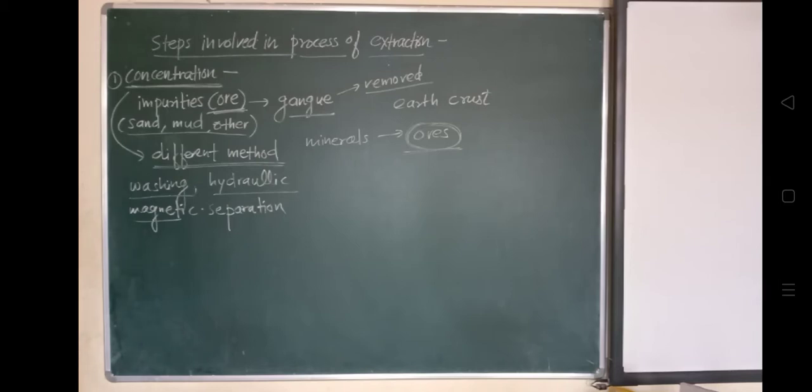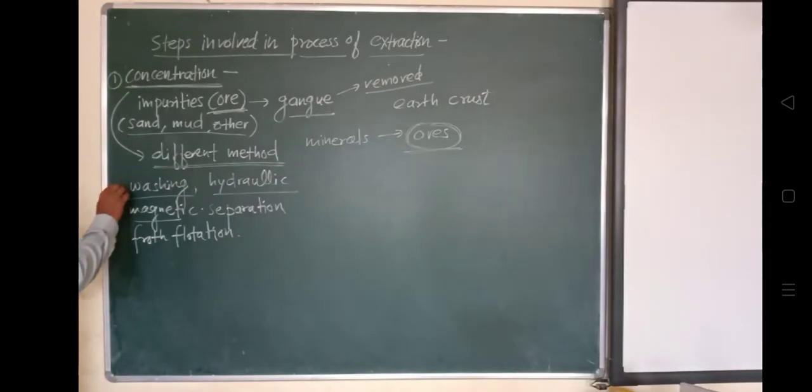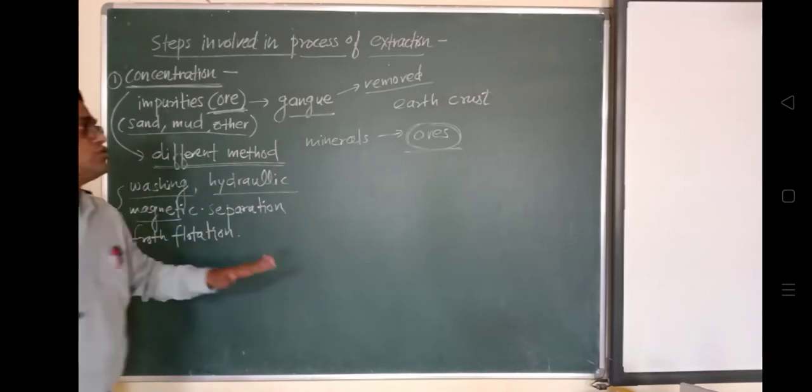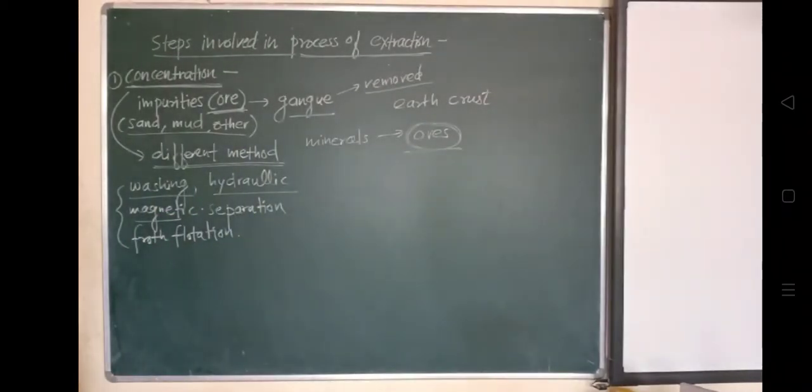Another way is the very well known process called flotation process. So there are various processes. These are some of the list provided, so a different method may be applied for concentration. Have you understood the meaning of concentration? In concentration, the impurities present in the ore are removed. This is the very first step applicable for extraction of all the metals in the d-block elements.